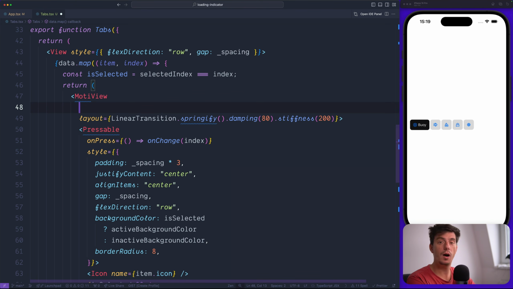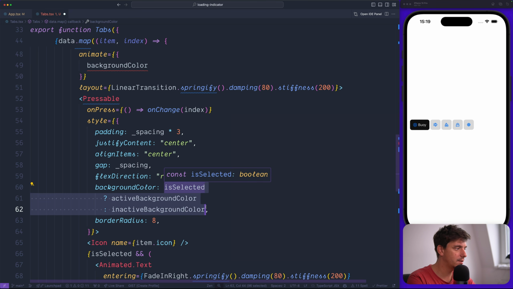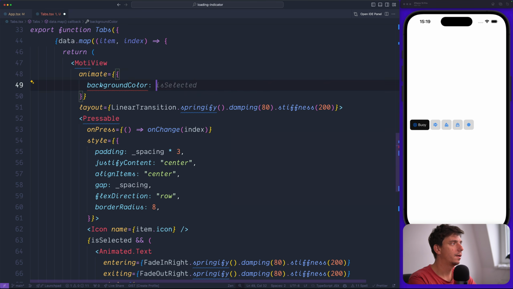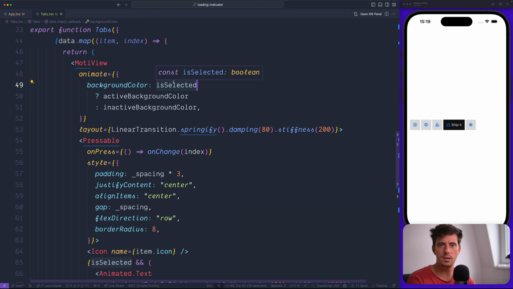But this time I would like to do an animate, and I'll say the background color is going to be, if it's selected, the active background color. Otherwise, inactive background color. So now you see the background is going to be animated. So just like that, just by providing a different state to this component based on is selected, I'm just specifying a different value. Moti is going to do all the heavy lifting underneath using interpolate color from Reanimated, which is